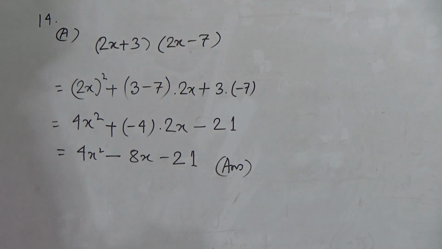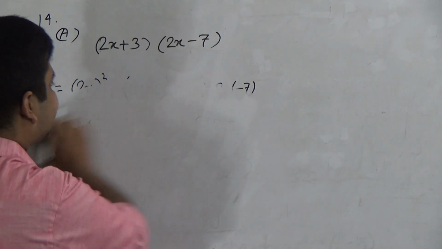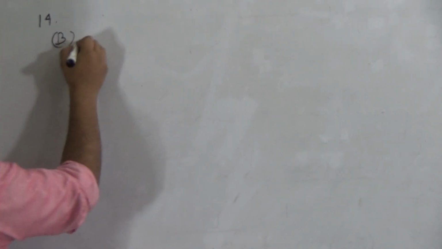I hope you have understood. Okay, so this is question number A. Next we shall solve question number B. Question number B: in order to solve question number B, we need the given information where A and B